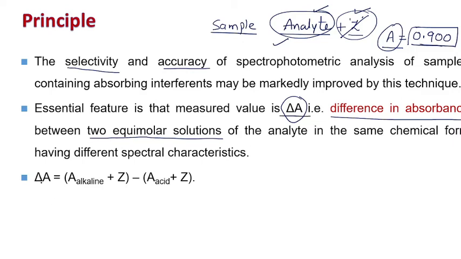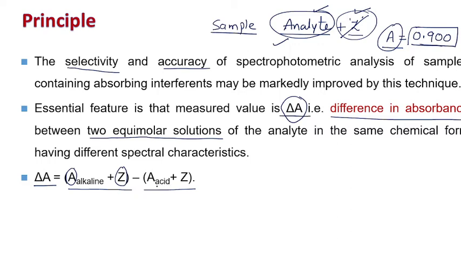So let's say I am recording a difference in absorbance of my sample. In the sample I have an analyte, and I have the interference, that are the impurities which are also causing absorbance. They both are present in the sample. What I will do is prepare my sample in alkaline pH, and also prepare my sample in acidic pH, and in both solutions the concentration of sample is equal. I am making equimolar solutions, and one of them will be giving a higher absorbance and the other a relatively lower absorbance.